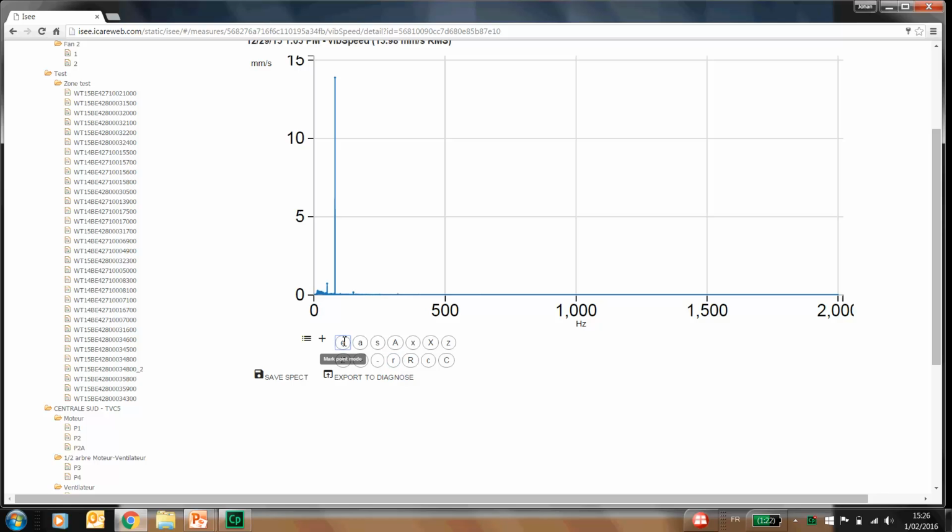I'm gonna put a label on the high peak here, and now when I go to the mark delta mode and I click here, you have an additional line here that is telling you the delta frequency between those two peaks is 70 Hz. I refresh and I select this peak again